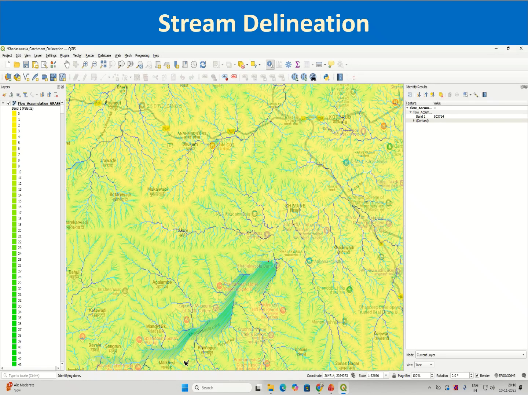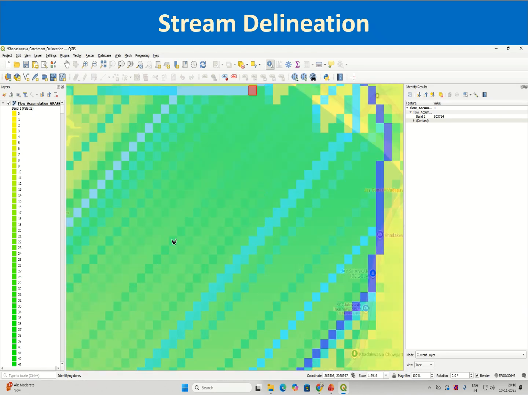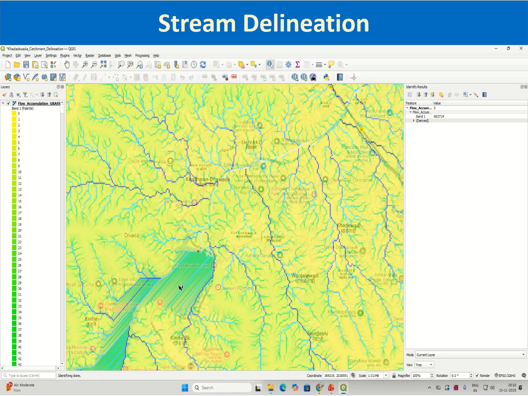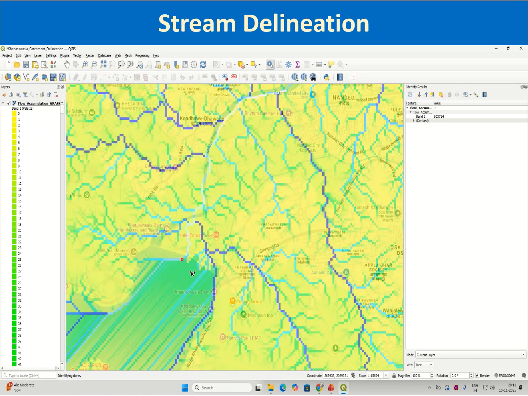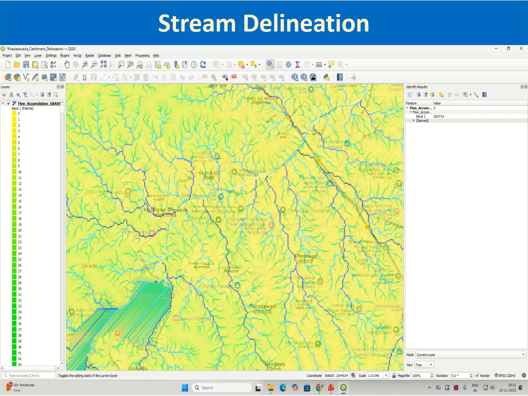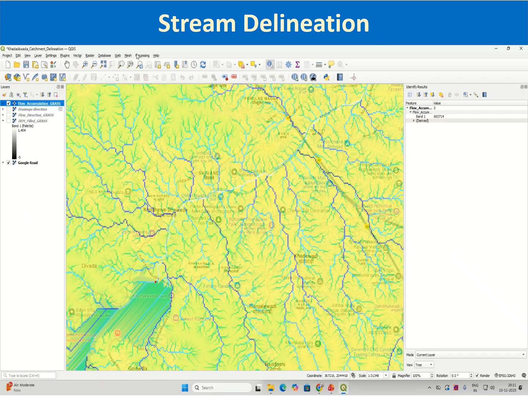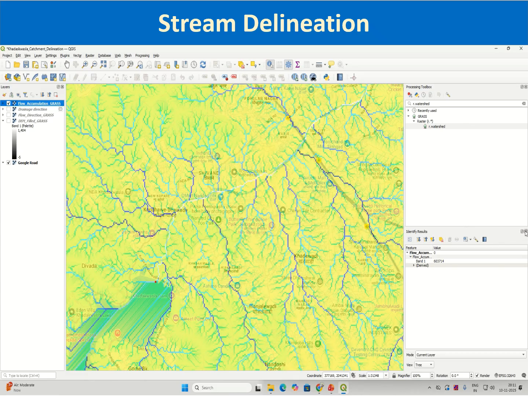So you can decide upon a flow accumulation. If you don't want all these small streams to be generated as part of your stream network, you can decide upon a flow accumulation of about, say, 30,000 at the most, or you can go for 50,000, as the main stream is about 6 lakh. So now you go for the next step, go to processing toolbox and search for the tool stream extract,